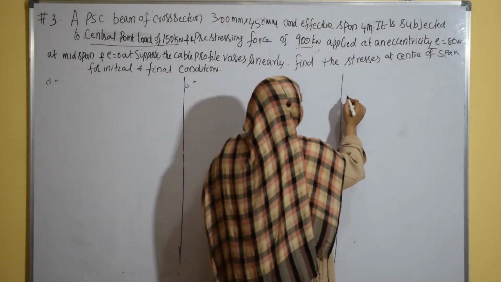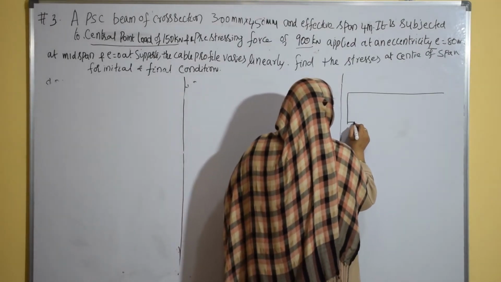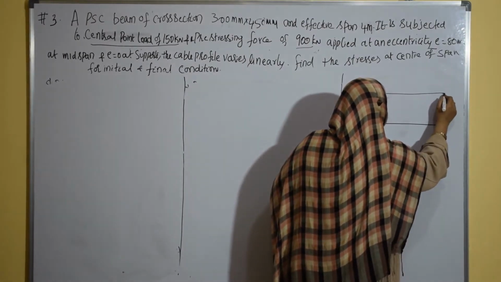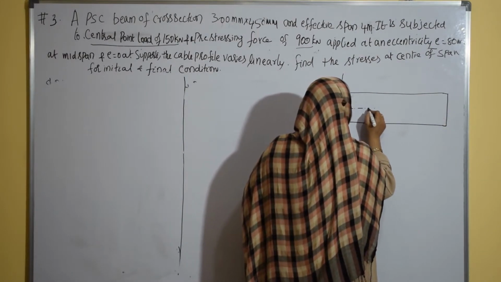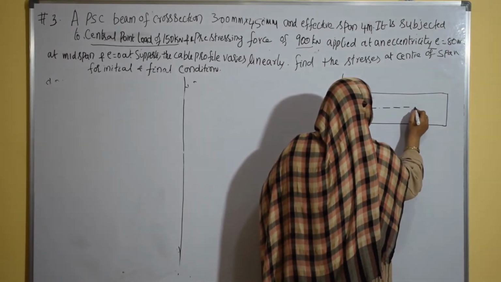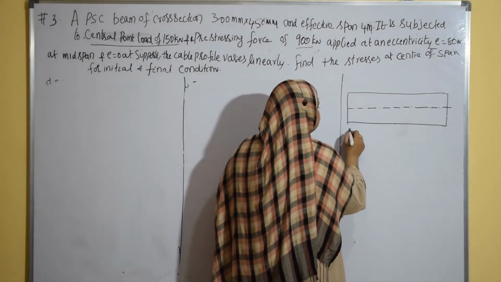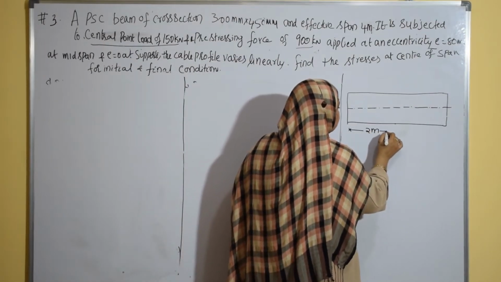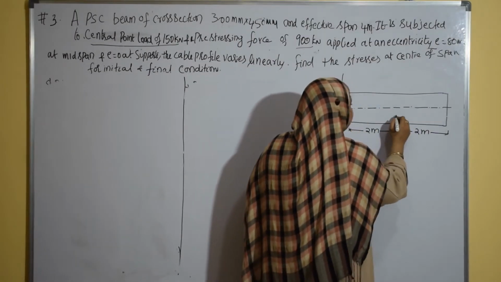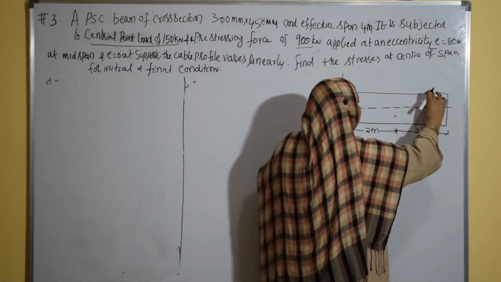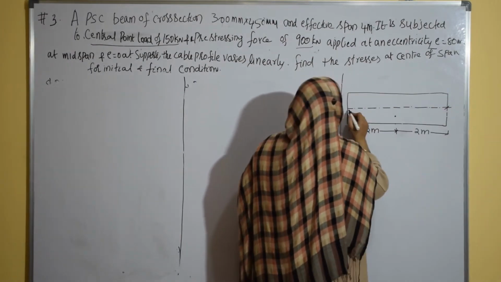To begin with, first I will draw a figure of a beam. I am not going to show the cross section. Its depth is 450 mm. This is the centroidal axis of the beam, that is at 225 mm. This beam span is 4 meters, so the center means 2 meters from the left and 2 meters from the right. At this point the eccentricity is 80 mm. So this is 450, meaning 225 and 225, and from that 80 mm. There is 0 eccentricity at the support.